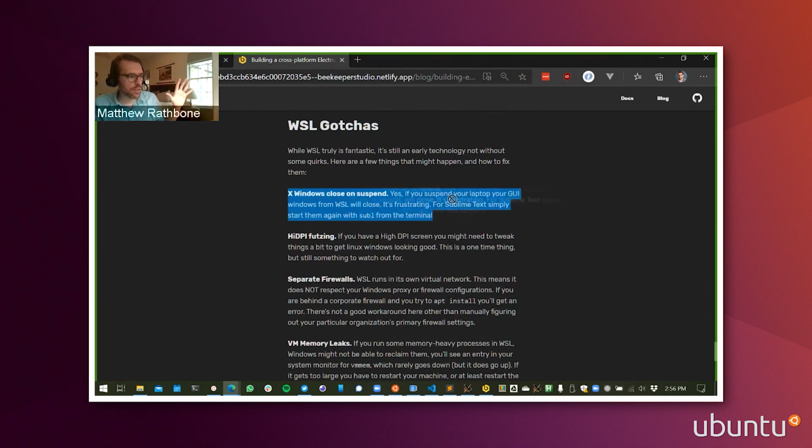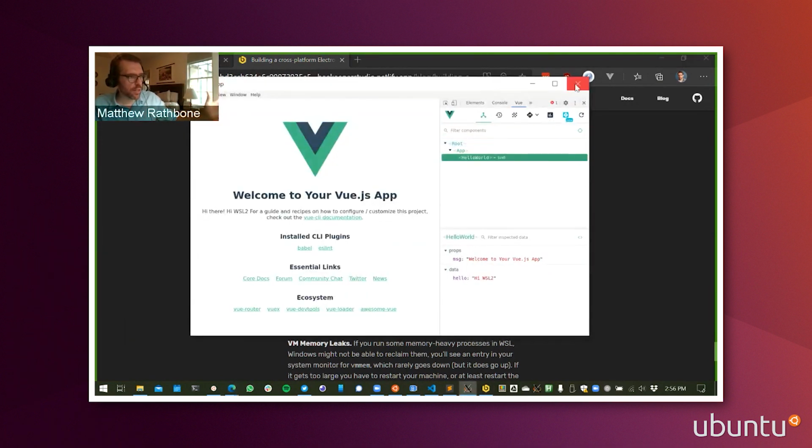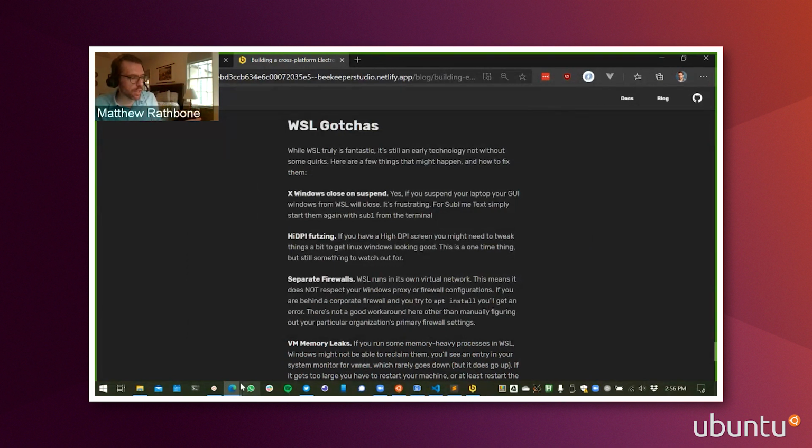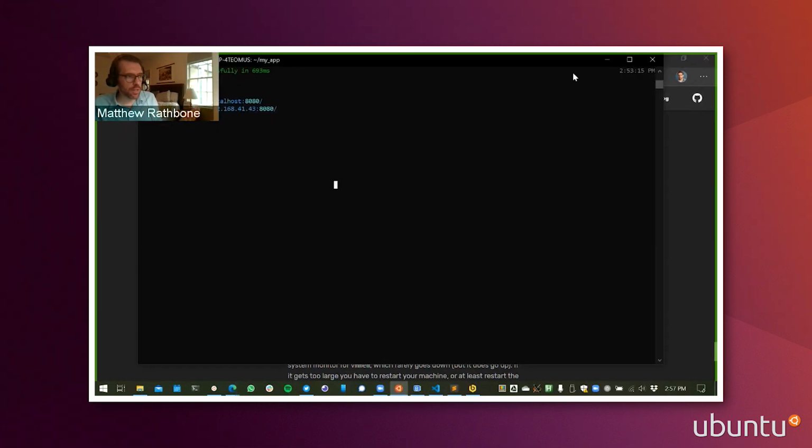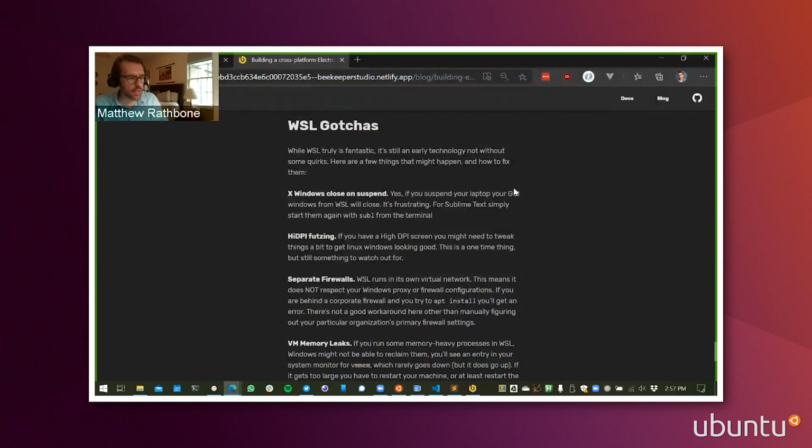X Windows don't totally behave like native Windows. If I suspended my laptop right now, disconnected this call, all these X windows would close. So this would disappear, even though the process would still be running in my terminal. It would disappear, and VS Code would disconnect. The way to solve that is pretty easy. You just restart Electron and let VS Code figure out how to reconnect. It'll just do it on its own. But if you have a lot of windows open, just know that they will disappear when you